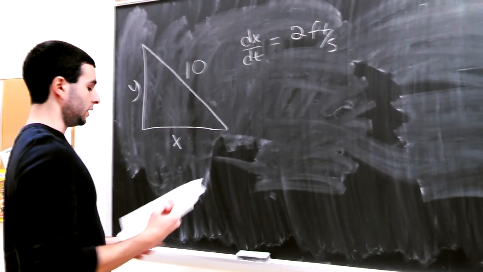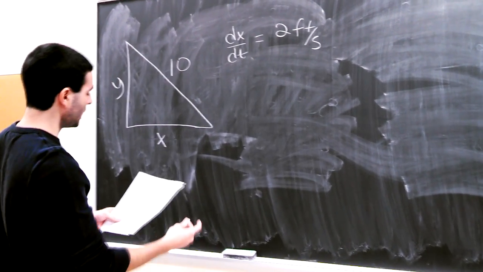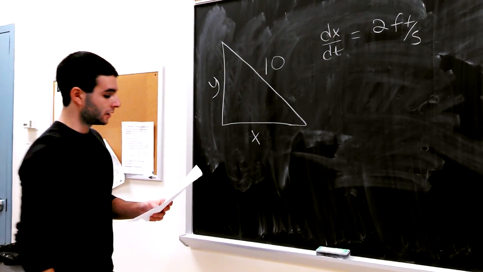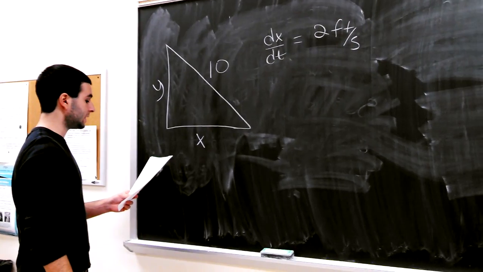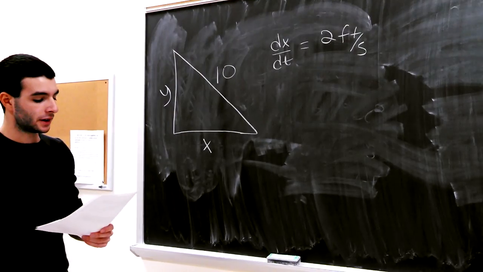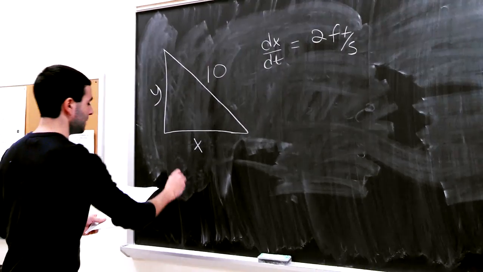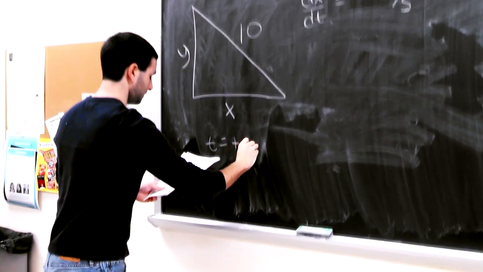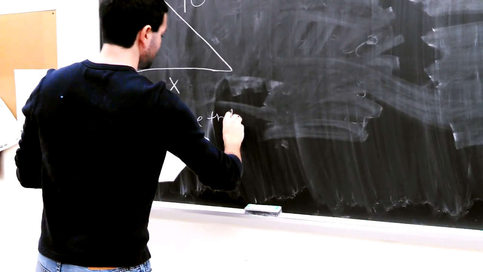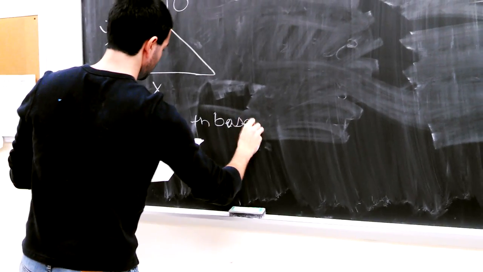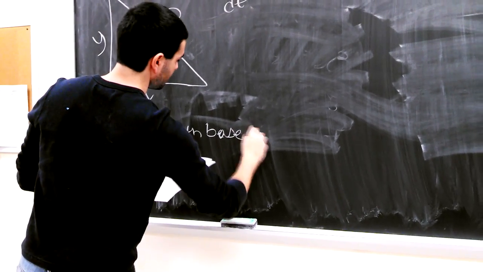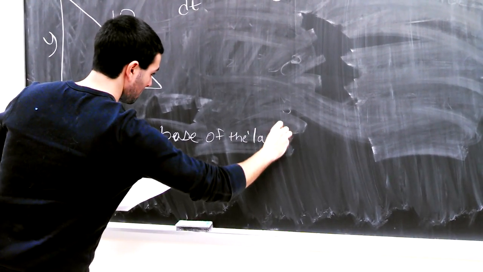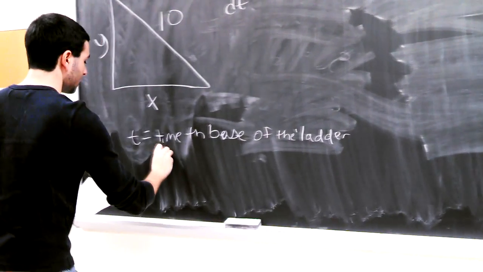So to start off, we know that x is the distance from the base of the ladder to the wall, and y is the distance from the top of the ladder to the ground. t is equal to time, the base of the ladder has been moving